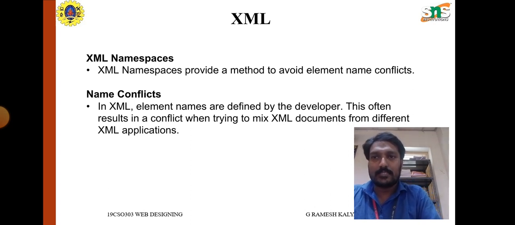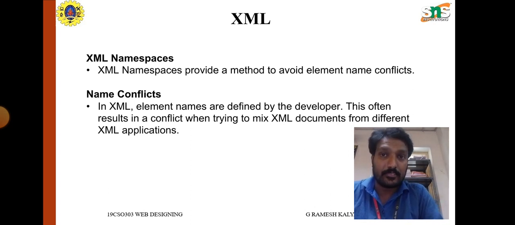As I said, with name conflicts in XML, the element names are defined by the developer, and this often results in a conflict when trying to mix XML documents from different XML applications. The other main difference between HTML and XML is that HTML has predefined tags. For example, we have the html tag, head, body, list tag, and the paragraph tag and all those. But in XML,